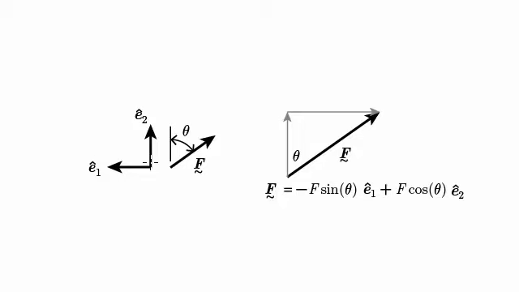So again, what I do is I form this vector triangle. F is the hypotenuse of that triangle. And the other two sides of the triangle are vectors that are parallel to the e hat 1 and e hat 2 directions. So in this case, I've started at the tail of f. I go up in the e hat 2 direction, and then I move over in the minus e hat 1 direction, and these two vectors are ordered tip to tail